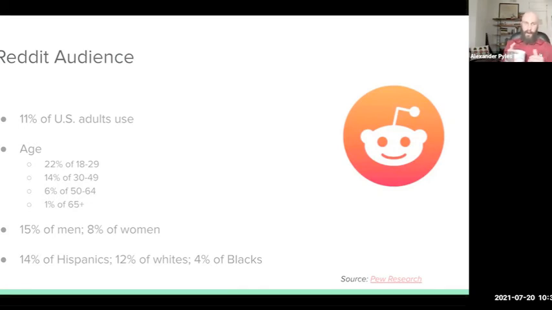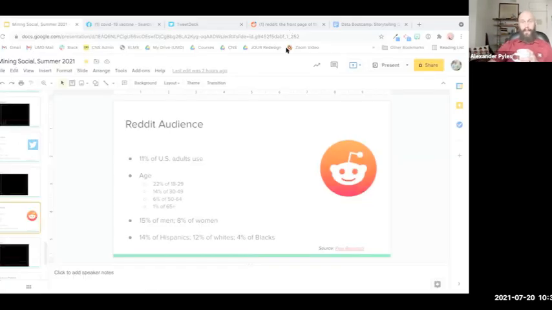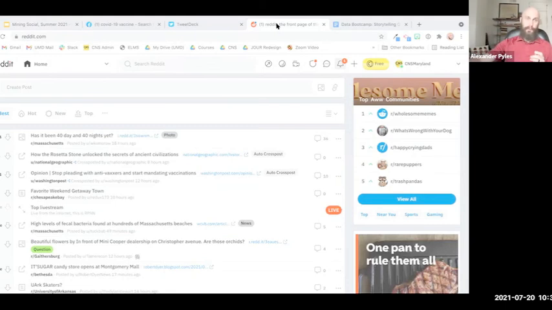So here's the demographic information of Reddit. Not a terribly diverse place, but occasionally some good information. So